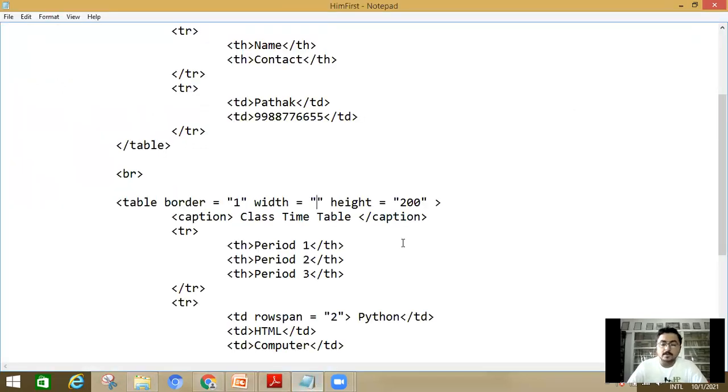Now I'm going to give 50. I'm not giving the whole 100%. Okay, and height, let's say 20%.